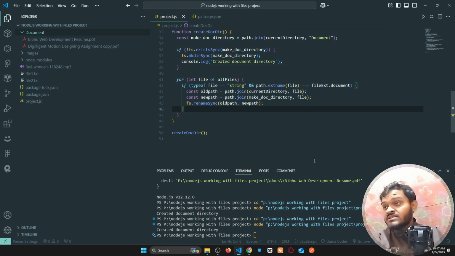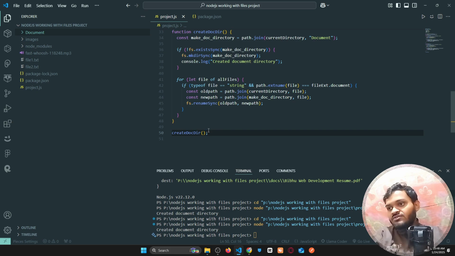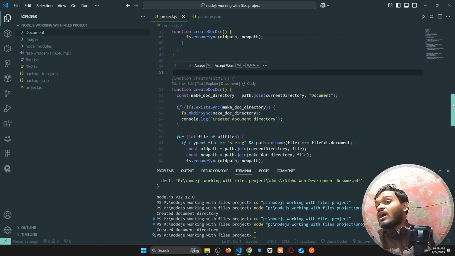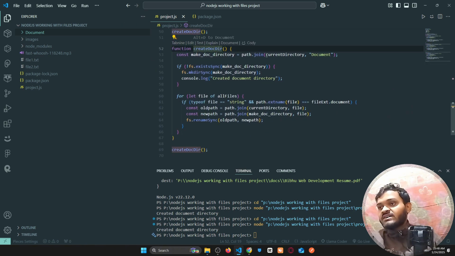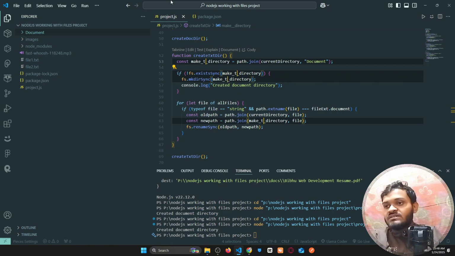How magical it is. Within one click, by navigating the extension name, you will be able to directly insert all these files inside a subdirectory over here. So if you wish to make another extension file for txt, for text, what you need to do is just do the same process over here, but you really need to hard code it. Instead of doc, all you need to type is txt,